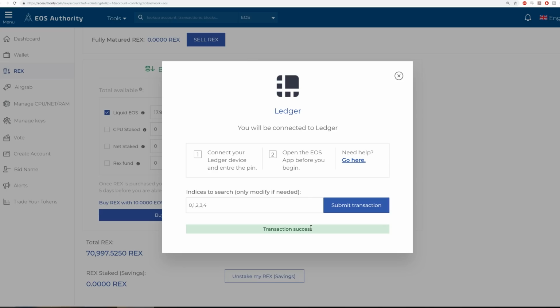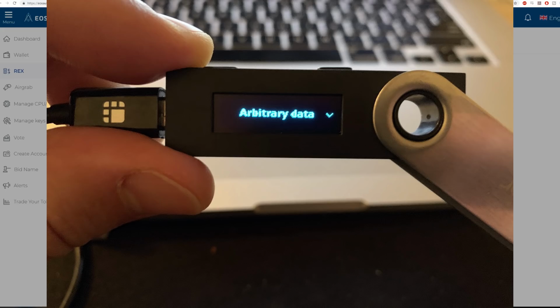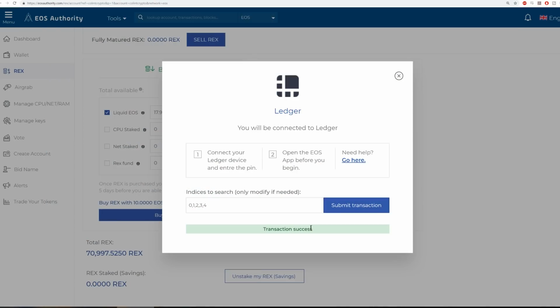Now, very important to note, if you get a failure message on this, first of all, make sure that arbitrary data is turned on in the settings on your Ledger EOS app. If it's not turned to yes for arbitrary data, the transaction will fail. Secondly, you can always disconnect and reconnect your ledger and retype in your PIN. I had to do that once and then it worked on the second time. Try those 2 things and that will probably solve 99% of issues that you may run into